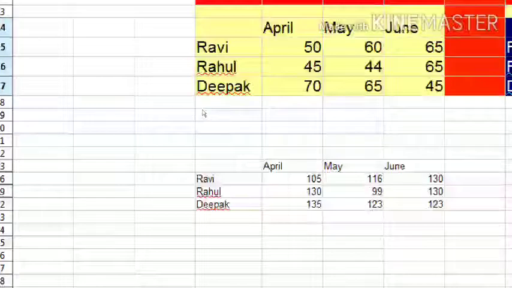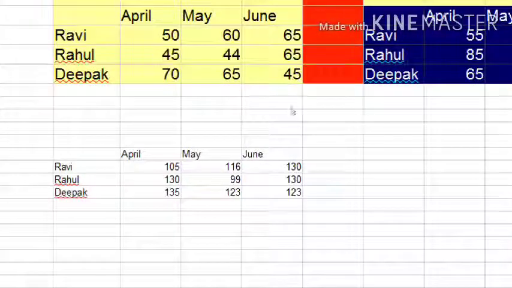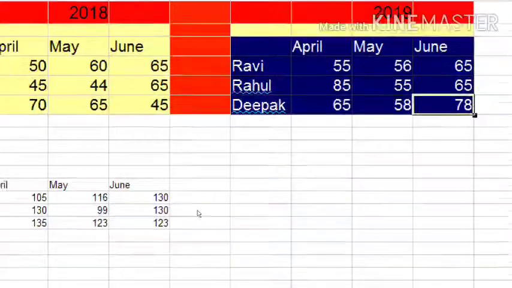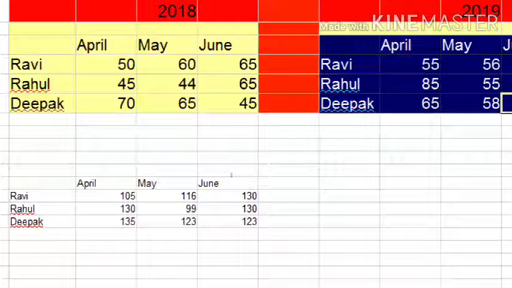Okay, 50 plus 55, 105. 60 plus 56, 116. 65 plus 65. Okay, so it is the output range in which it gives the result. Okay, so students, try it on your laptop or desktop.